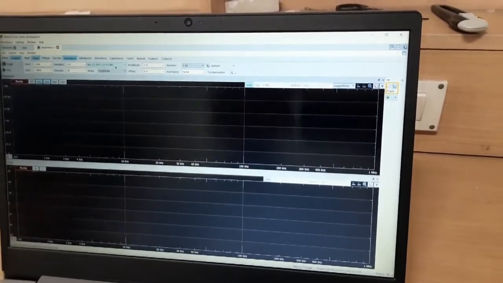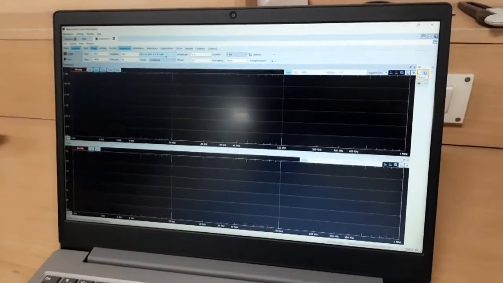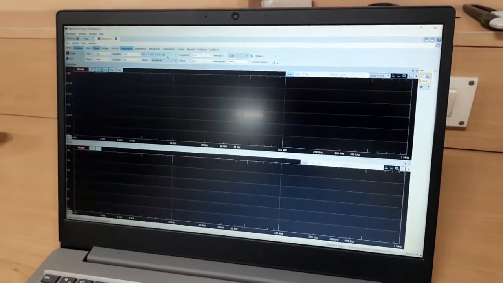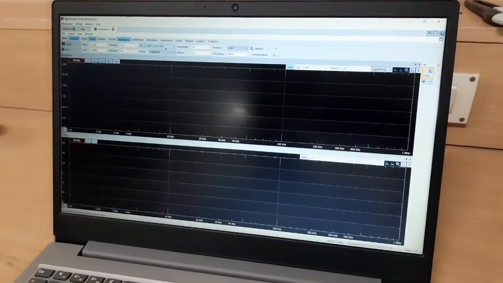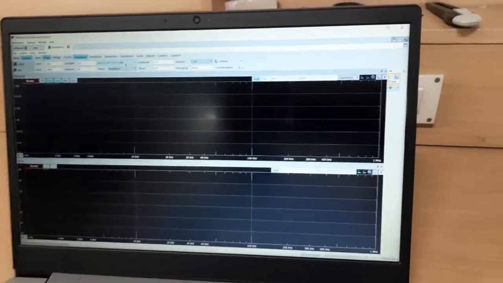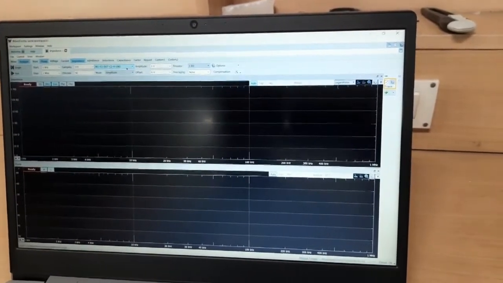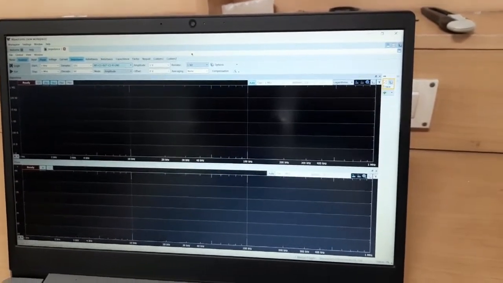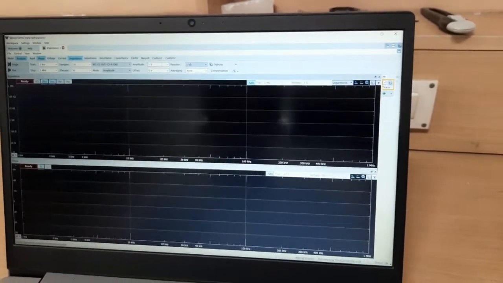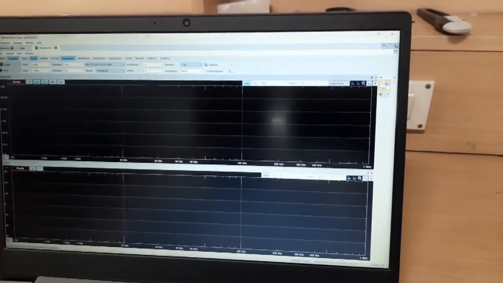You will get this in detail when you download the software. So go through that, at that time you will get to know what this is. I am not going into that. Here you can put the amplitude, how much voltage amplitude you are going to apply.